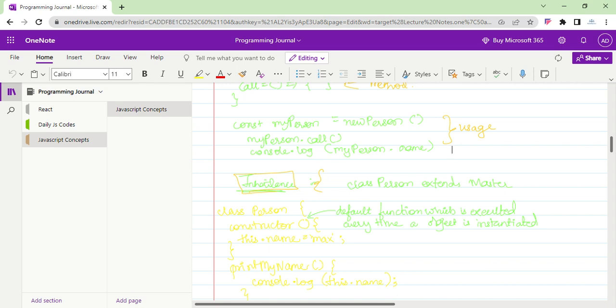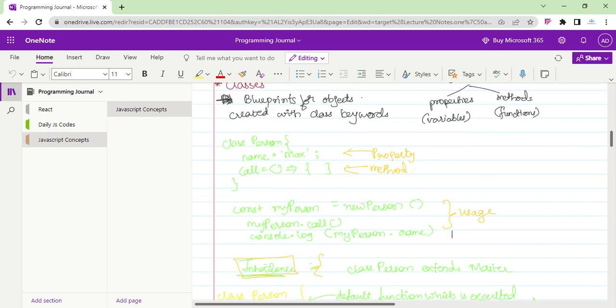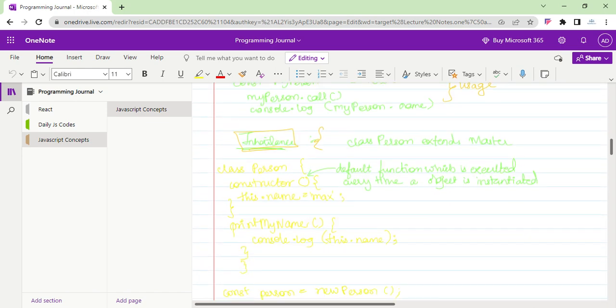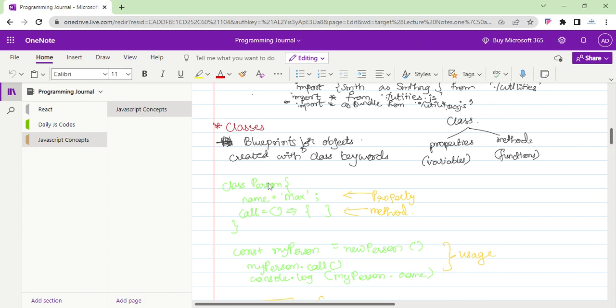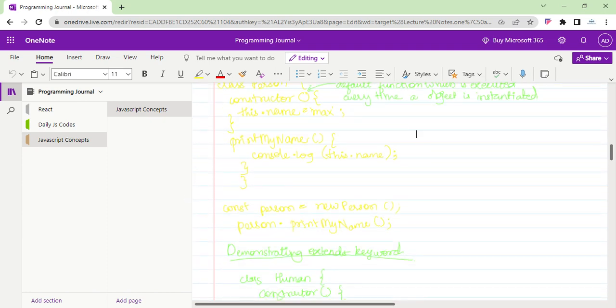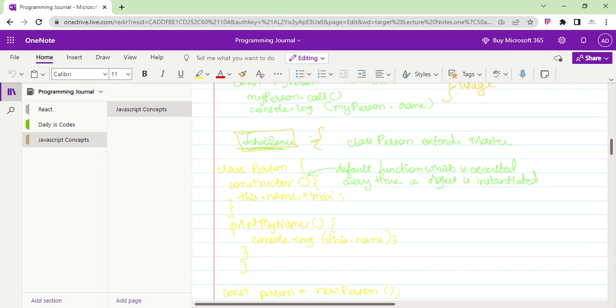Next is the inheritance. What happens in inheritance is basically we can inherit some of the properties from the parent class. Like for example, let's say there is something named person. Okay. Now here we have class person. For inheriting, the child class should always